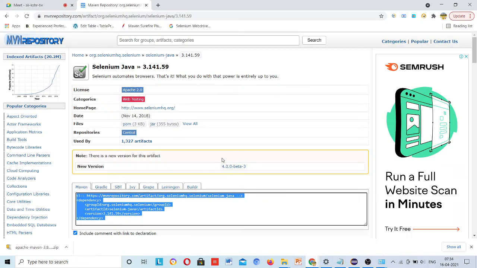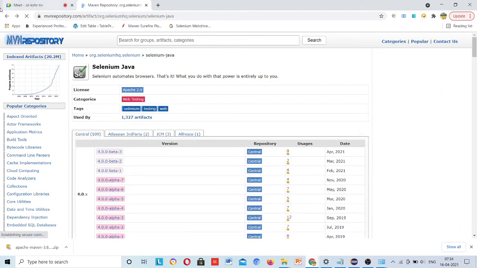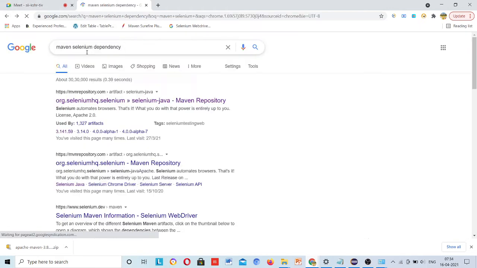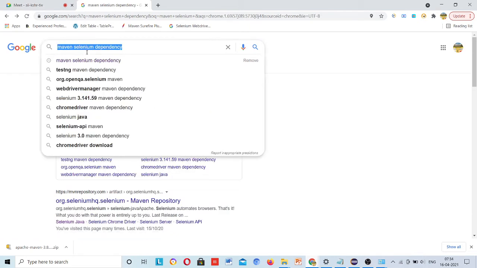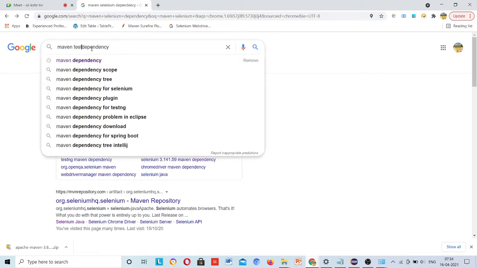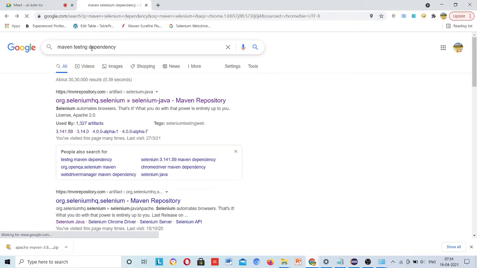You need to search this way, Maven Selenium dependency. Suppose tomorrow you want to download testng libraries, then what you have to do? Maven testng, and this.